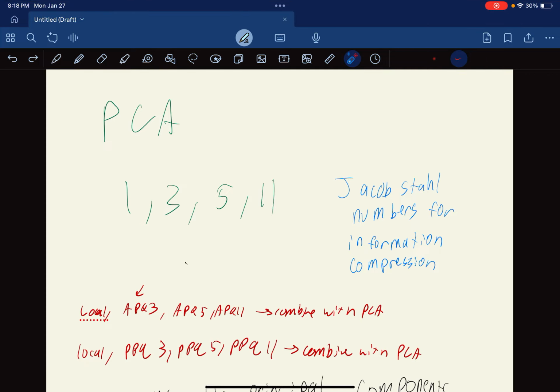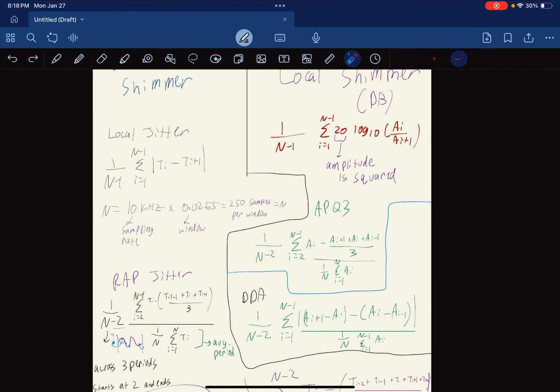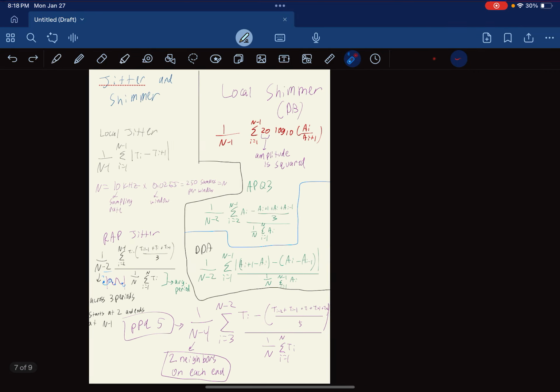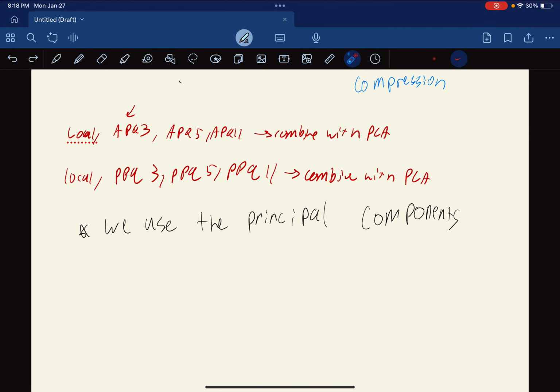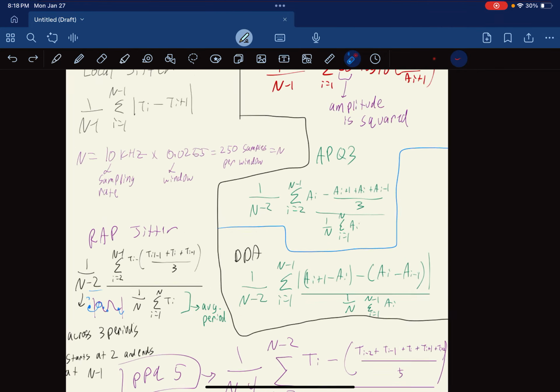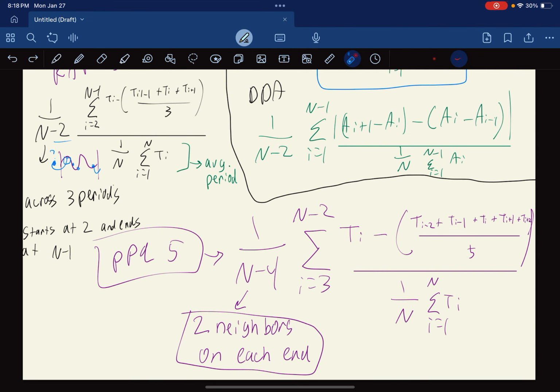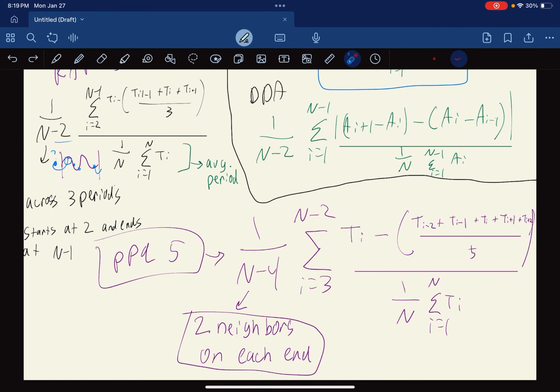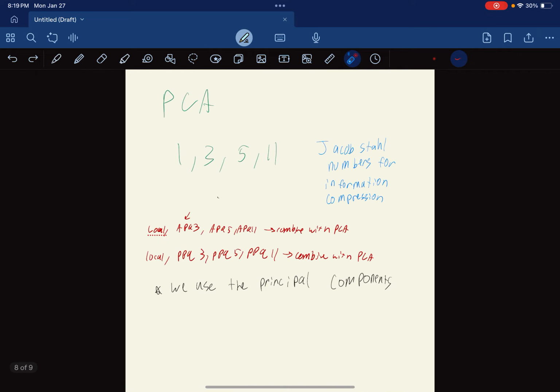Okay, now what we're going to do after, once we have all of these different variables, it'll look like you have your local, you have APQ3, which we've seen. APQ11 and PPQ11 are the exact same as PPQ5, except now they're with 11 values. So if this is n minus 4, it would become n minus 10, and you'd start farther